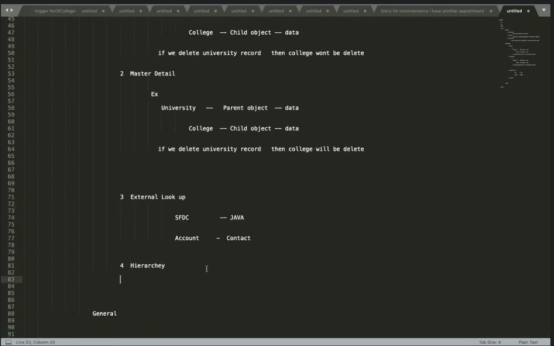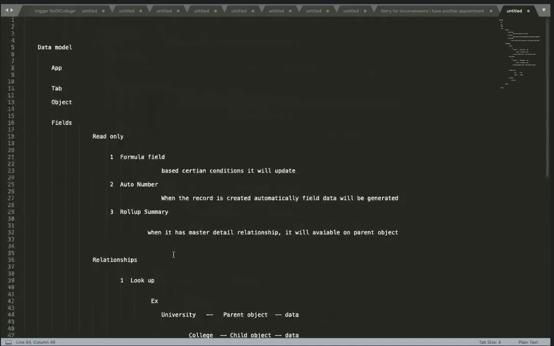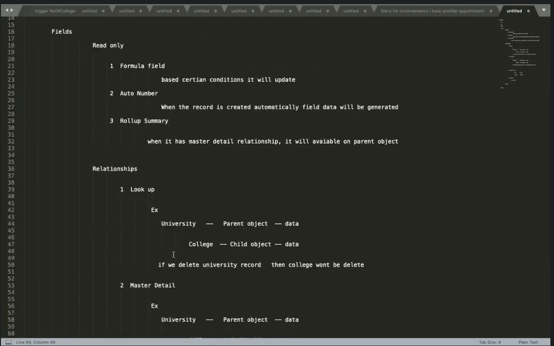Whereas hierarchy, in the sense, it depends on the user object. Each user object which is referring to any particular another object, then you can see hierarchy. Hierarchies work with account and contact. You can see those things. Till now, any questions? Read only relationship, we can talk in a little detail practically, but here I am just asking.